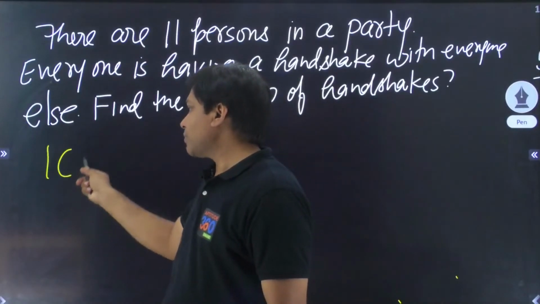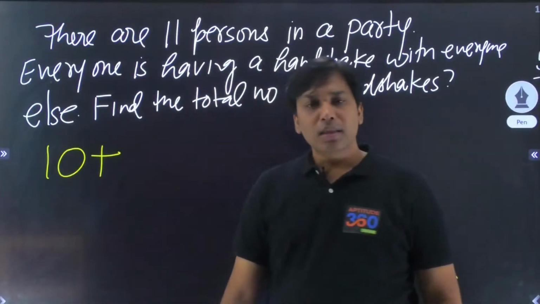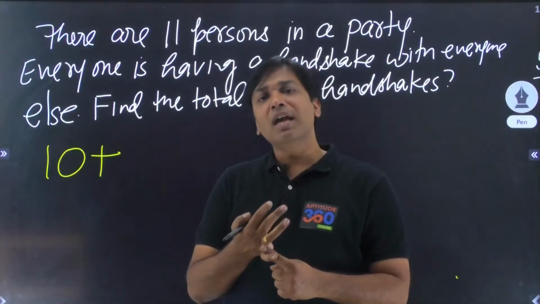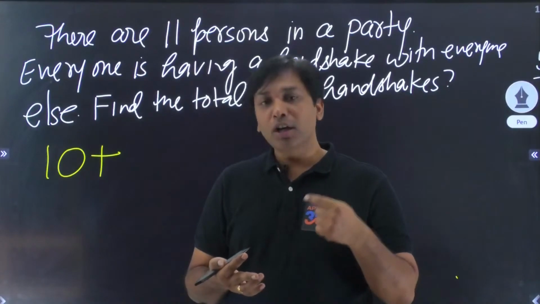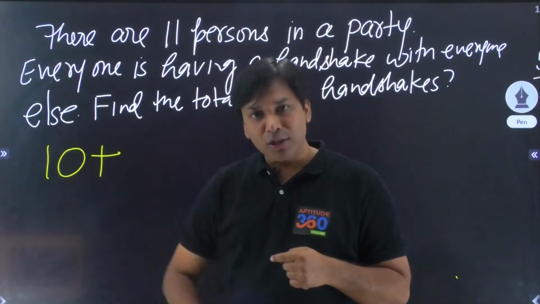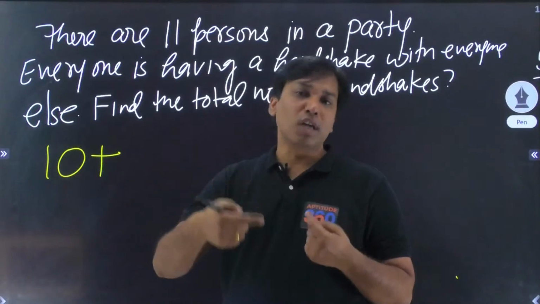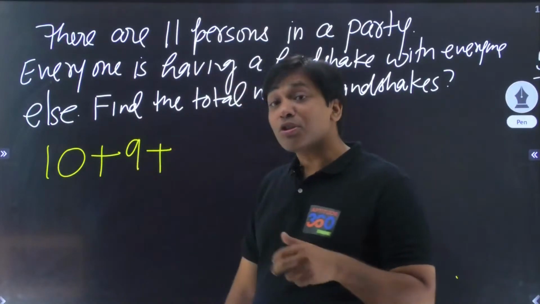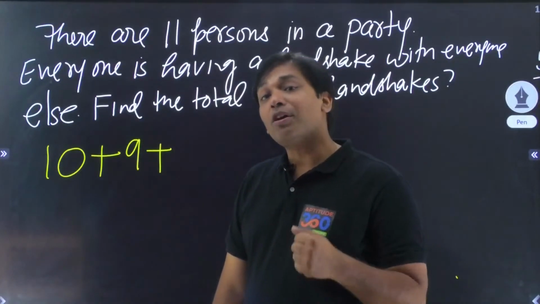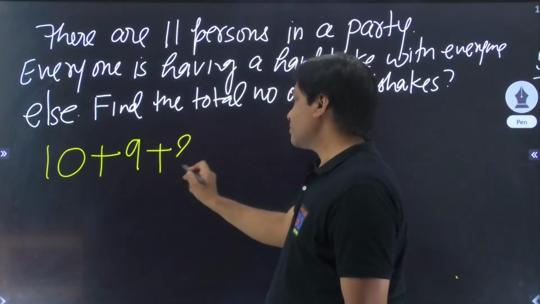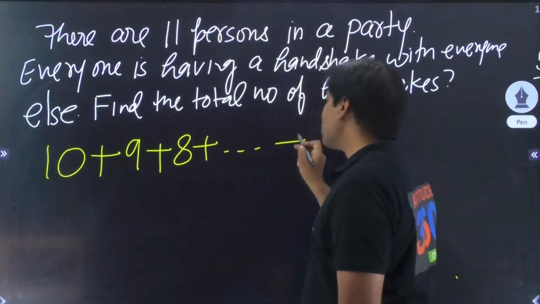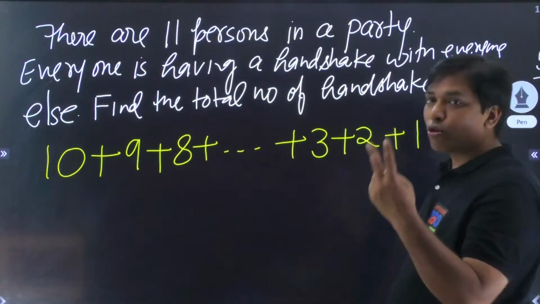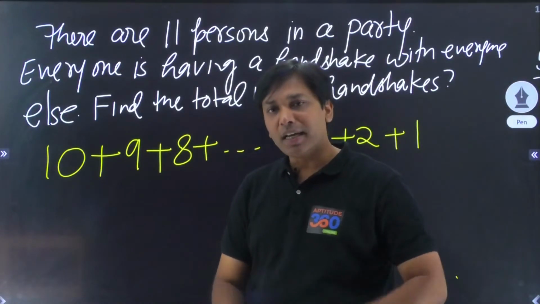बाकी के 10 लोगों से हाथ मिला लिया। Now is the turn of the second person. Second person will not be having handshake with himself or herself, और बाकी एक से तो हाथ मिला ही चुका है। जिससे हाथ मिला चुका है उसका केस आप डिस्कार्ड कर दो। आगे कितना? 9। एंड देन कम्स द थर्ड पर्सन, इजंट इट? अभी थर्ड पर्सन कितने तरीके से हाथ मिलाएगा? 8। एंड देन सो फोर्थ एंड सो ऑन। जो लास्ट में बचेगा कुछ ऐसा बचेगा, 3 and 2 and 1। लास्ट के दो जो बचेंगे वो आपस में एक हैंडशेक करेंगे।